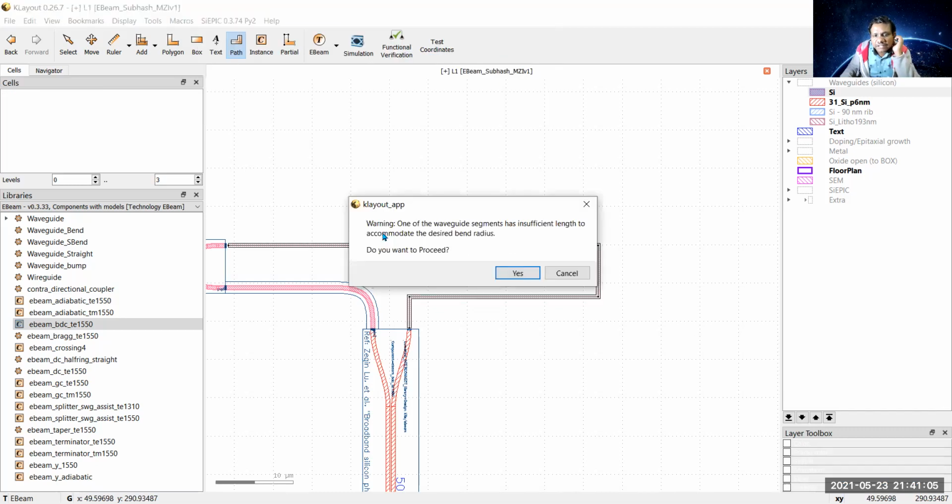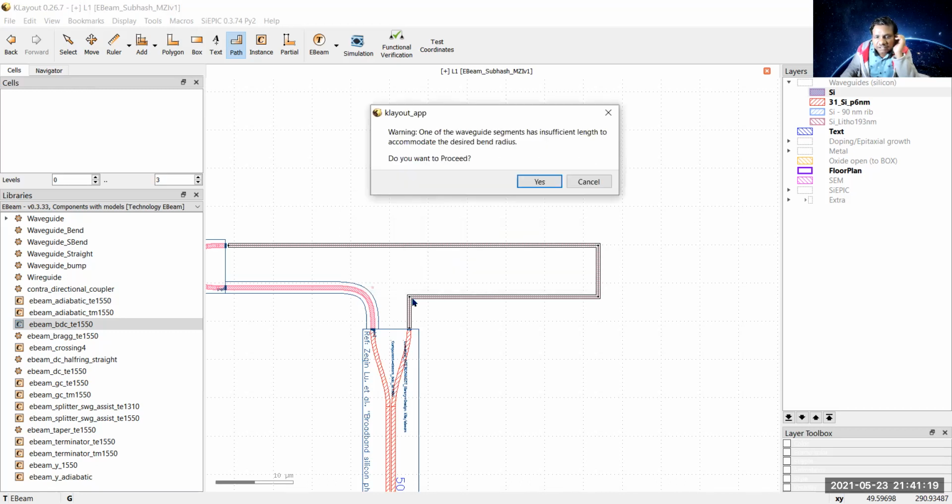So it is telling that there is a warning. One of the waveguide segments has insufficient length to accommodate the desired bend radius. What is the desired bend radius? That is 5 micrometer. So one of these may be less than the 5 micrometer bend radius. I think probably this one. That is why it is giving a warning. Do you want to proceed? For the time being, let us say yes.